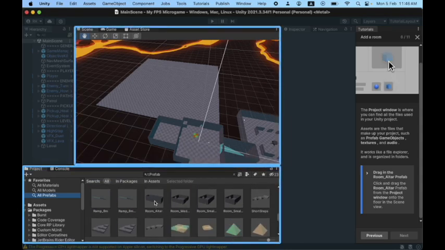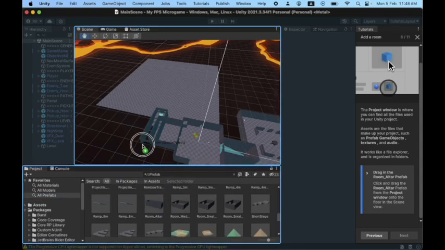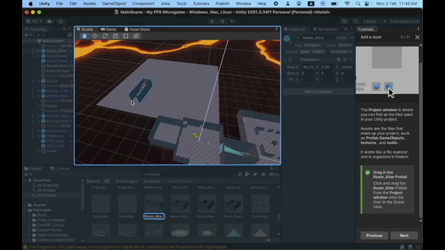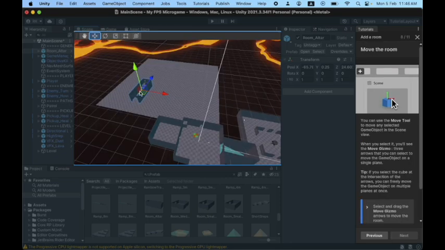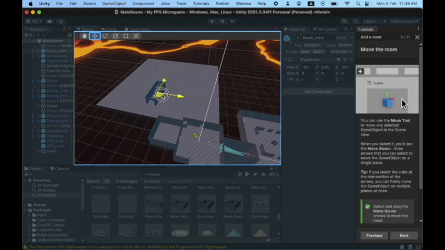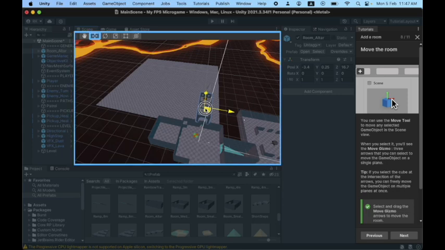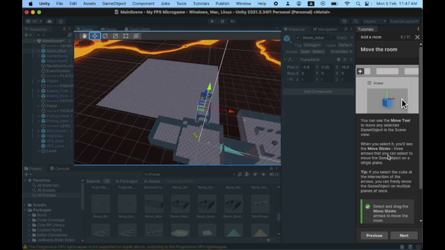Yeah, so this one. So just drag it. Okay, now use the move tool. Let's position the room. So click this and move it. So let's try to move it here since there is a door. Okay,